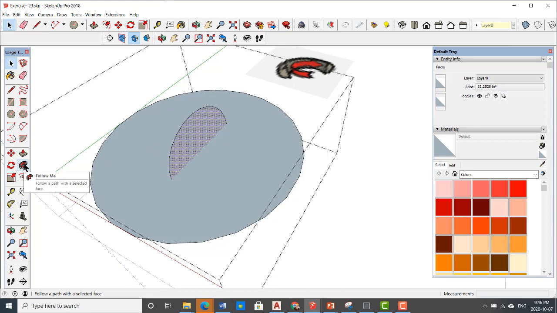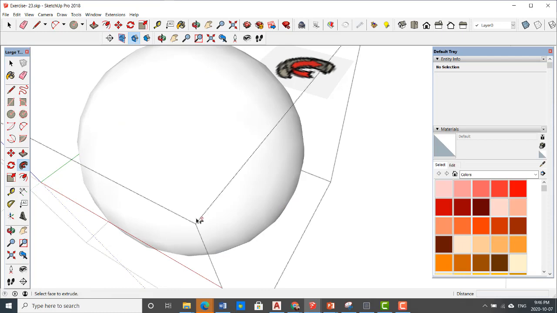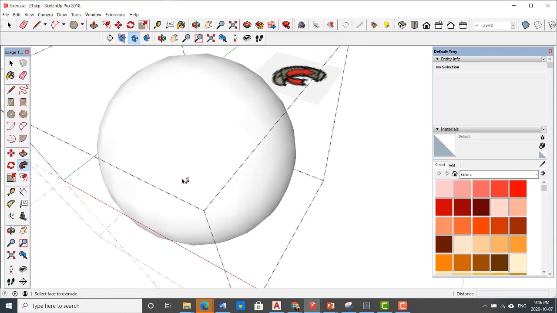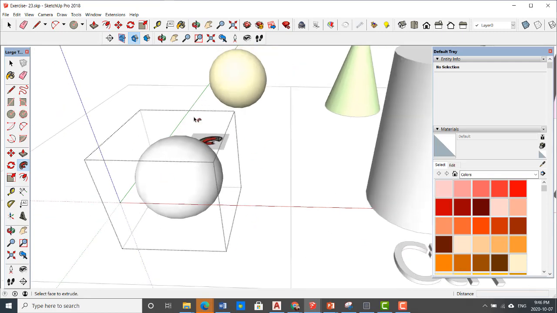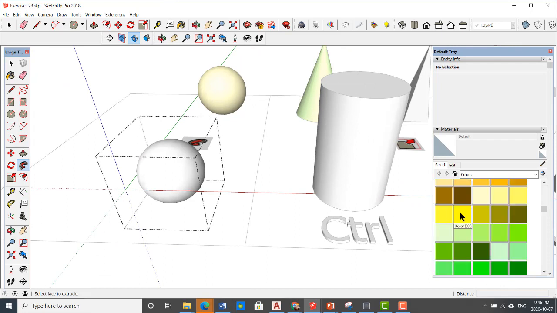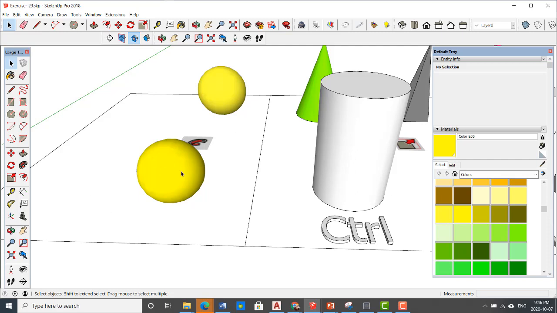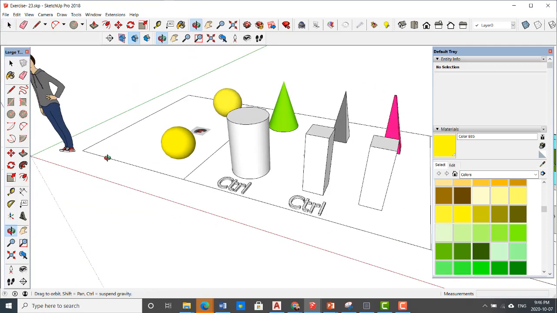I go and grab the Follow Me tool. Then I grab the perimeter of that circle, and as you can see, SketchUp makes that ball. The only thing that I have to do, I can change the color. I go grab the yellow, and as soon as I select the color, see my cursor change to a paint bucket, and I just paint this one. I'm done. With one click outside of that circle, outside of that group, I'm out of the group editor, and